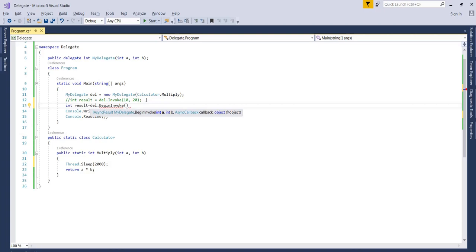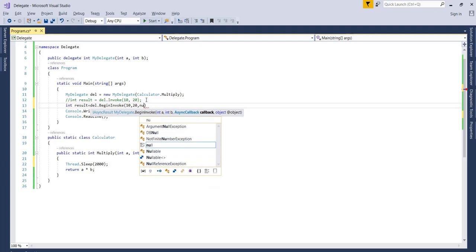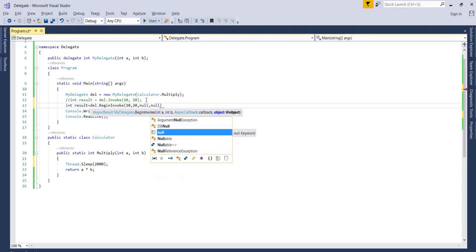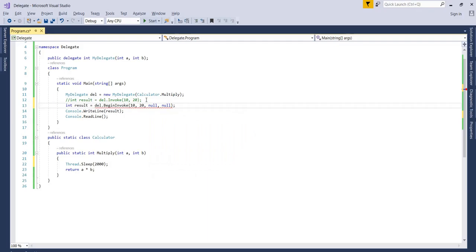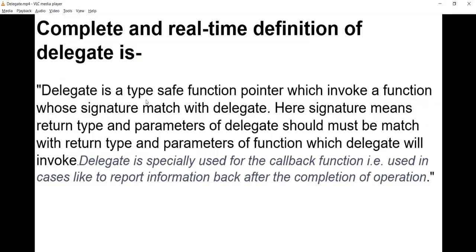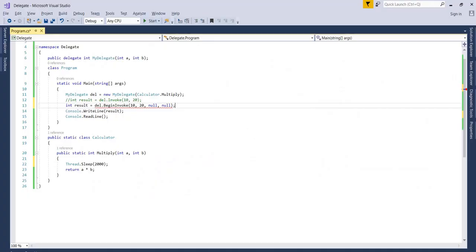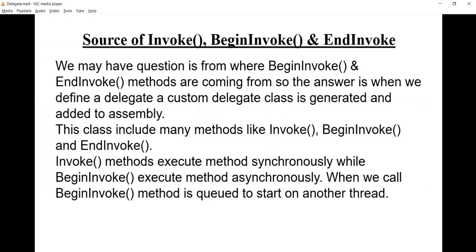Now we will pass the first parameter of method types 10, int b value 20, and for async callback we are passing null for now. But still it is giving error. So why is it giving error while we have passed all the 3 parameters' values? Because